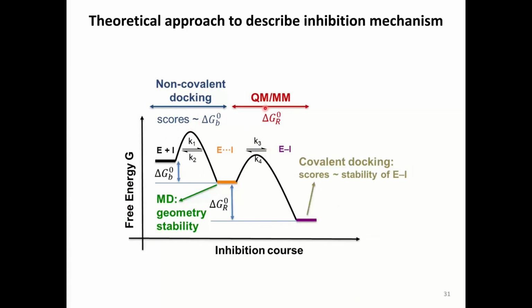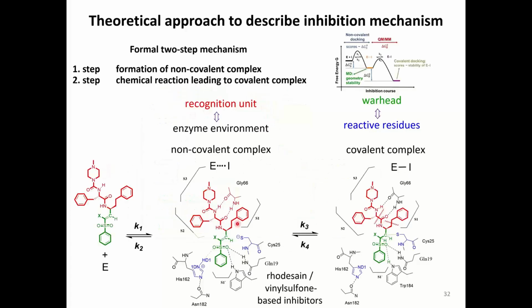You have this second step where we then do the QMMM. And to put in some more information for the given question, here you see that this is a two-step mechanism now with the enzyme and the inhibitor itself. You see here the inhibitor, and this is of course not in contact with the enzyme. And then you have the first step, which is the formation of the non-covalent complex. You see here that the inhibitor is more or less inside of the enzyme, and of course how it stands